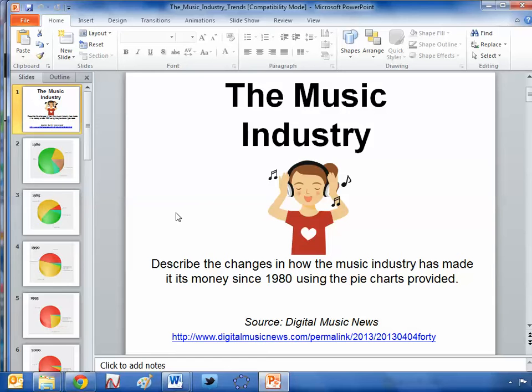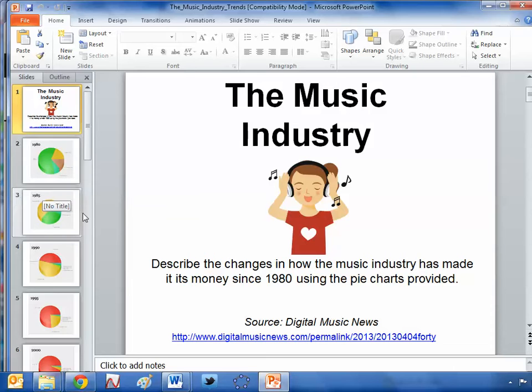I use this with my year 7s, and I just thought, for a bit of a laugh, I'll ask them how they reckon music was sold in the 1980s. What formats was it sold on? I'll tell you what, they didn't have a clue. Only a few of them even came up with CD. This is how frightening it's getting these days. A lot of students aren't even aware that music can be sold on CDs.